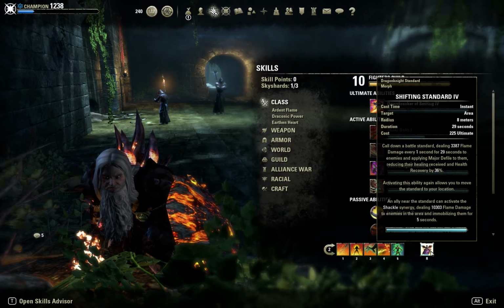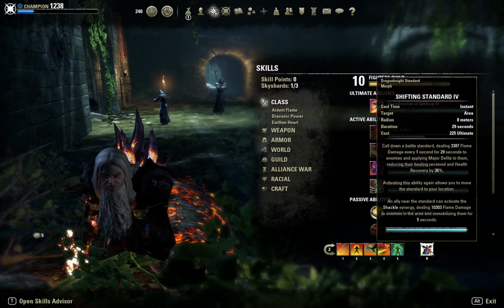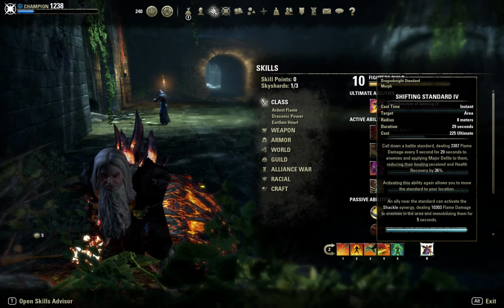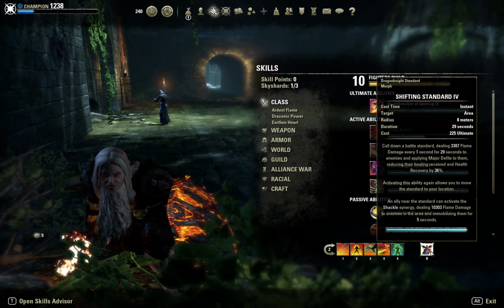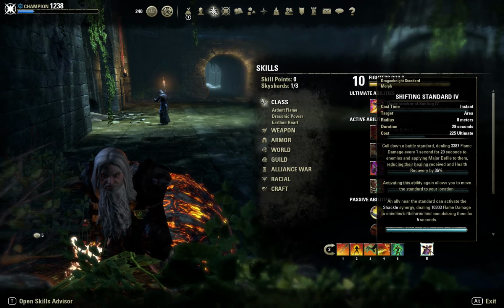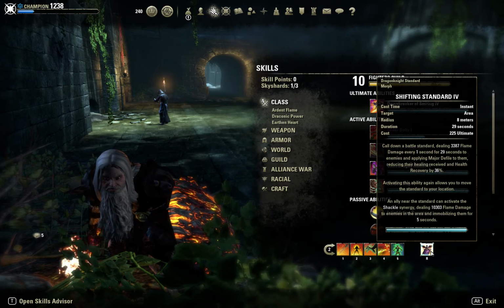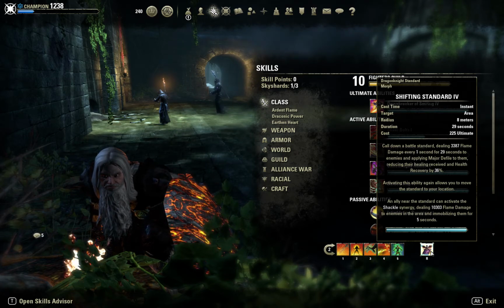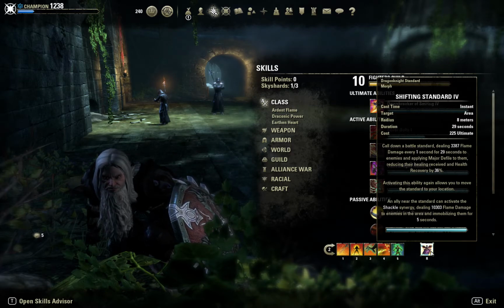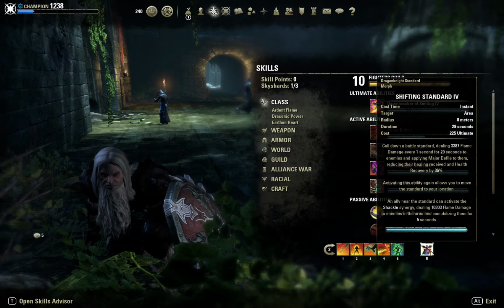Shifting Standard. This is kind of an expensive ultimate, but on this build, you gain ultimate really quickly, so you'll basically get here in no time. This does 3387 flame damage every 1 second, which to anybody standing in that circle is quite a bit, and it applies Major Defile, which is 36%. You add that on to the 22%, all of a sudden now we're up to 58% of a healing debuff,